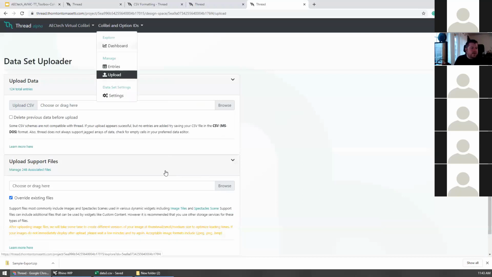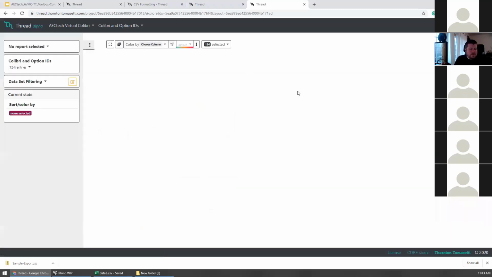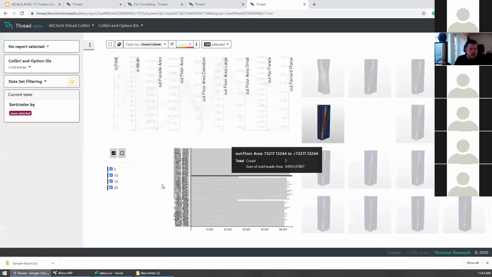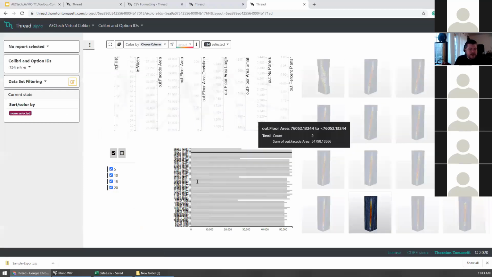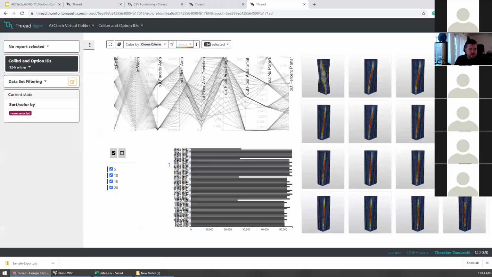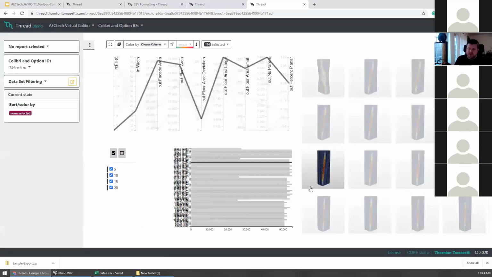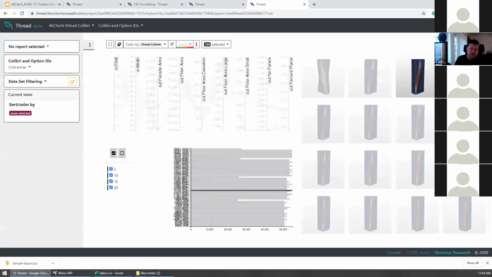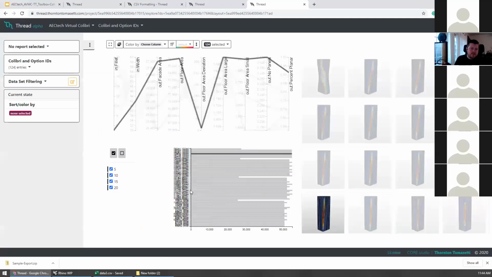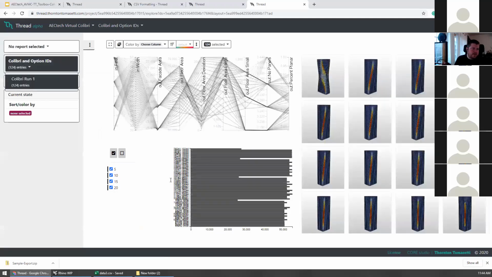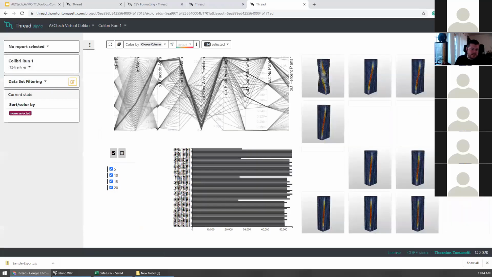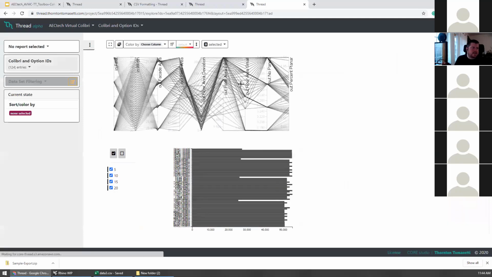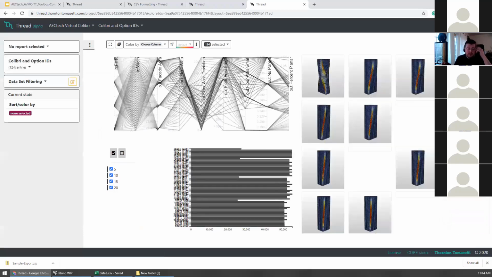So now if I go to my dashboard, this is one of the nice things about Thread: I actually have that new data set loaded in, Colibri and option IDs, but the dashboard still works because all the fields have the same names, except for the new field we added. So again, if I were to switch to my first run, I'm not going to see a big difference, but